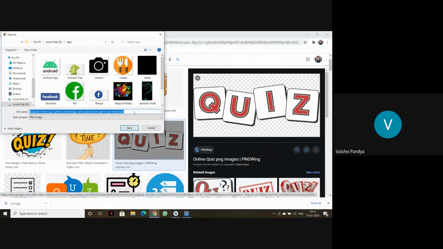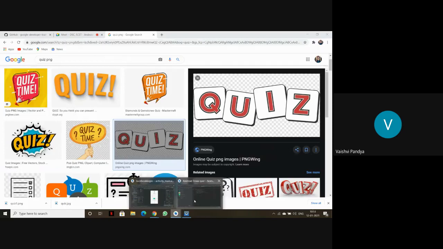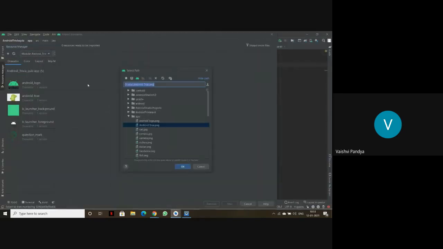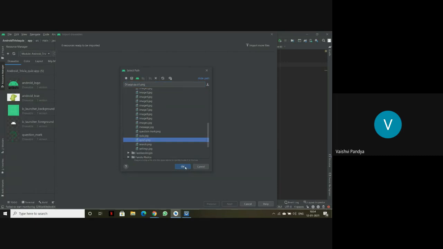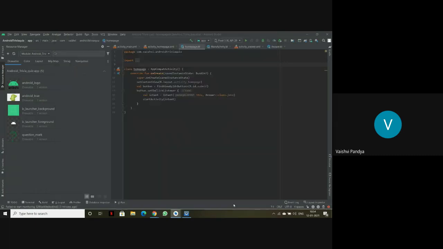This is the PNG file, so let us use this, the quiz one. Let us go to Android Studio and import this image, import drawables, and then you will use the quiz one PNG file. We'll import this, and do next and import.